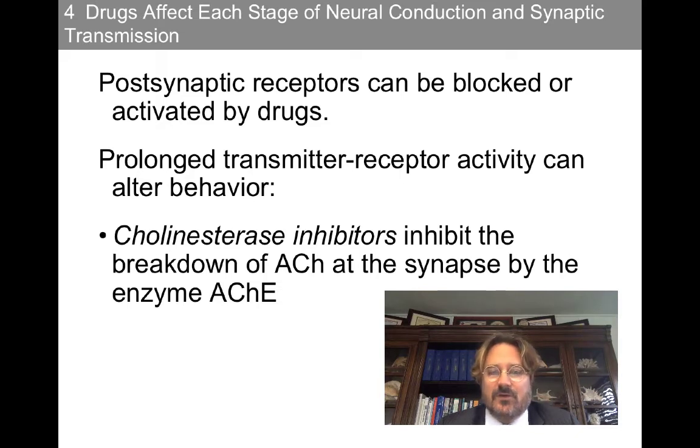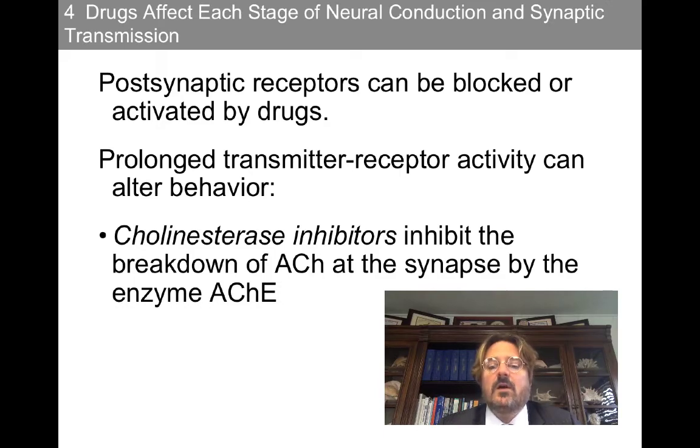Acetylcholinesterase, which I abbreviated there AChE, is an enzyme that breaks up acetylcholine after it hits a receptor. Probably recall that acetylcholine is a quaternary amine that's involved in cognition and the rest and digest effect. And whenever we reduce the amount of acetylcholinesterase, we increase the amount of acetylcholine because acetylcholine is no longer